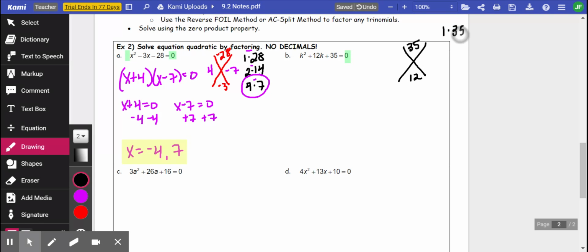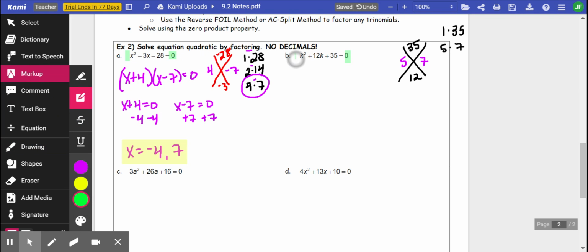So I have 1 times 35 and 5 times 7. Those are my only 2 options. So we're going to go with 5 times 7, because that adds up to 12. And since there's not a number in front of my k squared here, I can go straight to my parentheses